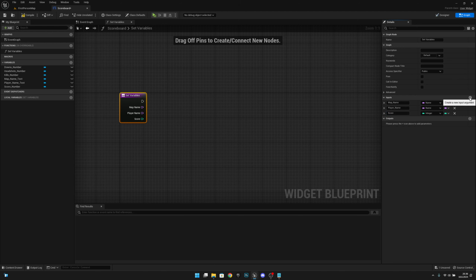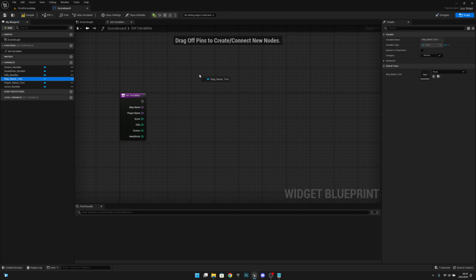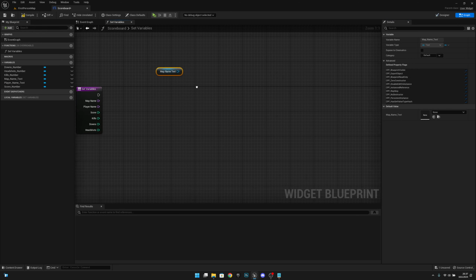Let's add 3 more. 1, 2, 3. So the next one should be called kills. The next one should be called downs. And the last one should be called headshots. Okay. What we want to do next is we want to get our map name text here, and we want